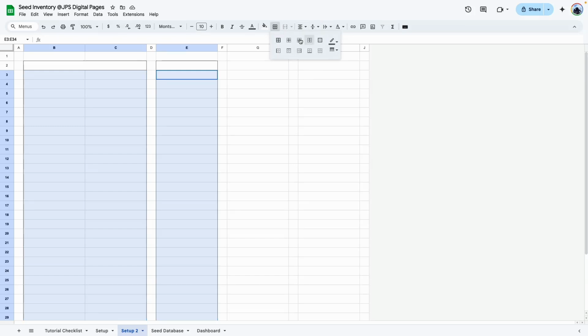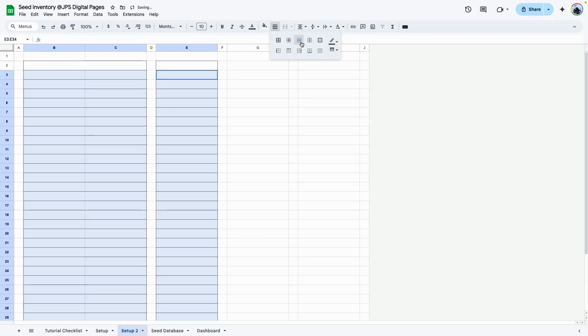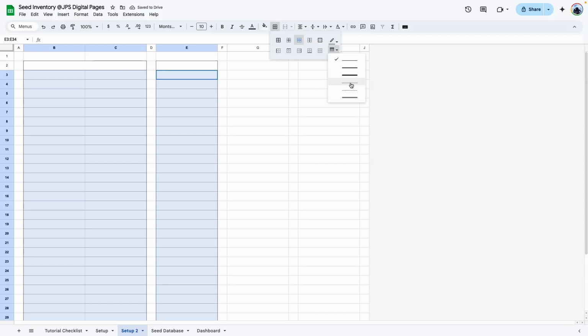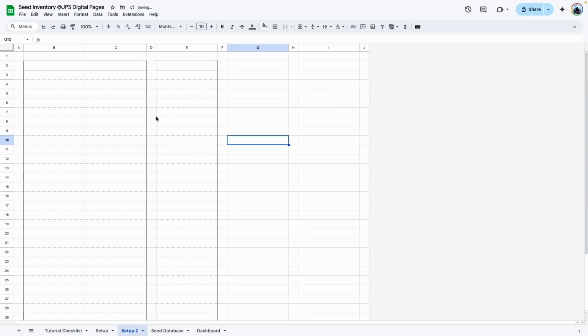So go back here, and we can use the horizontal borders. I don't want to add vertical, just horizontal, so click on that. But I don't want this color. I want the lighter gray color. So go to the color, change it to light gray, change it to this dash option here. It's hard to see, but when we remove the grid line, you should be able to see what it looks